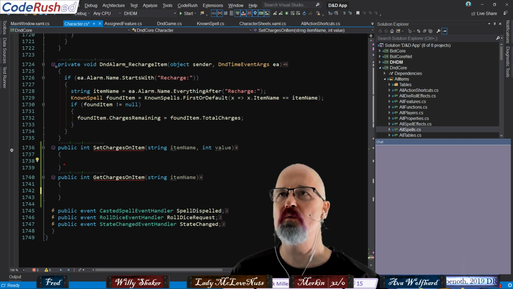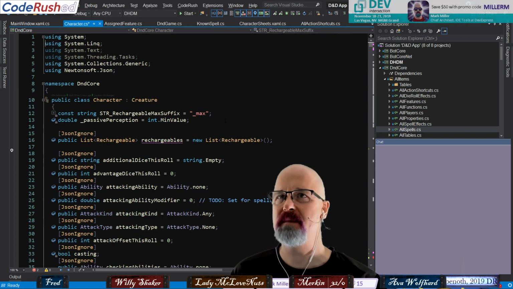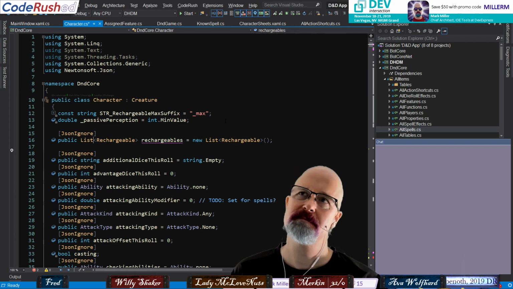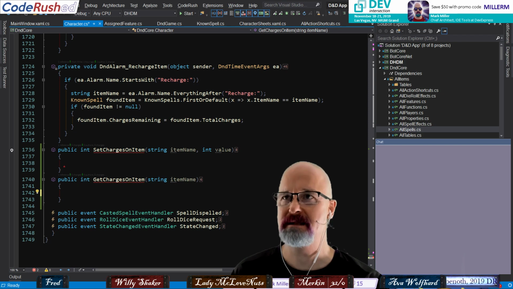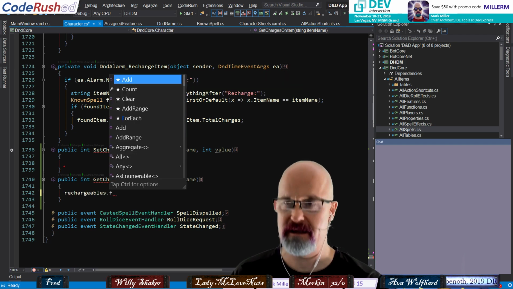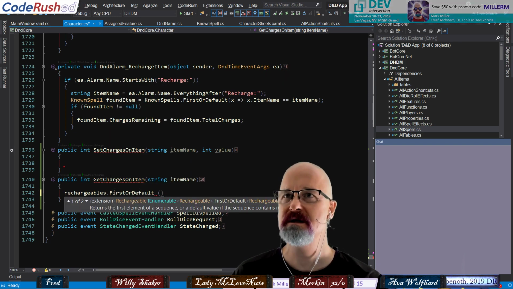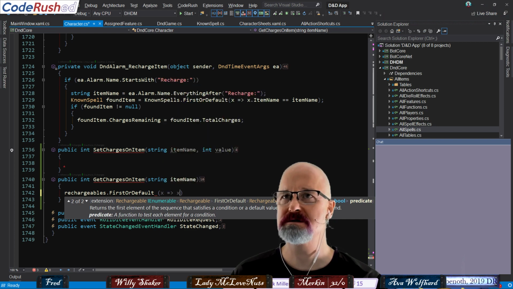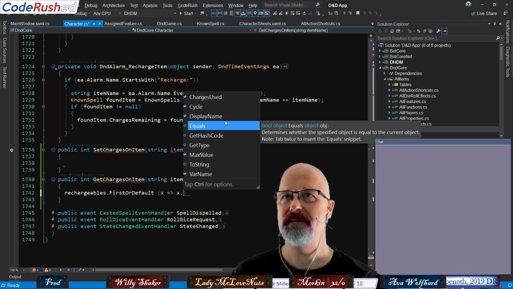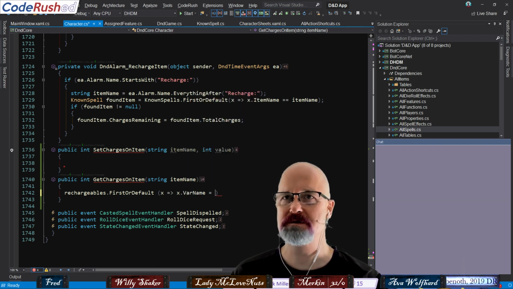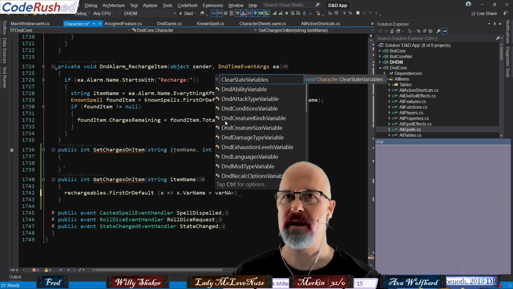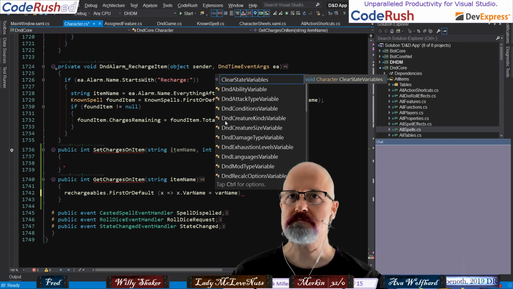So now we need to go find that item. And that's going to be in my rechargeables. It's going to be something like this: rechargeables, let FOD for FirstOrDefault, x equals, like that. And then we're going to say the var name is equal to, and I'm going to just create a variable here called varName, like that.